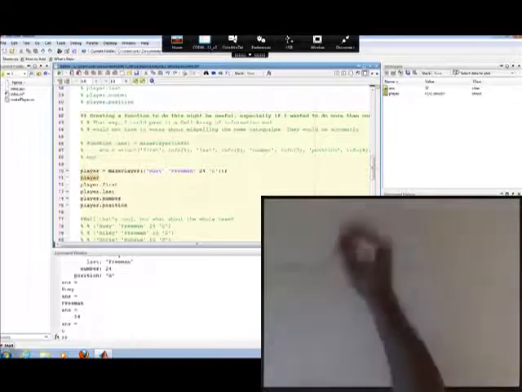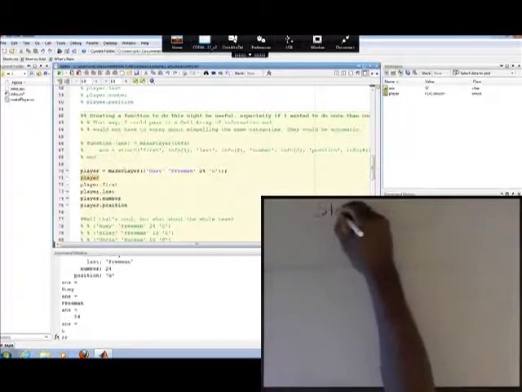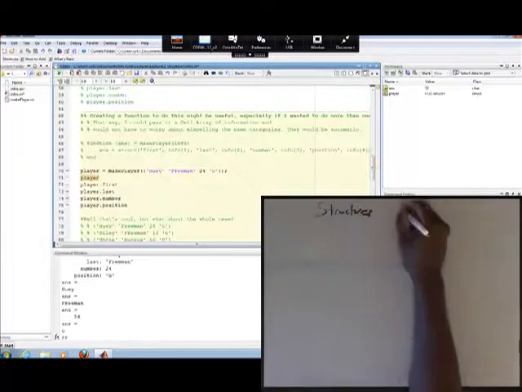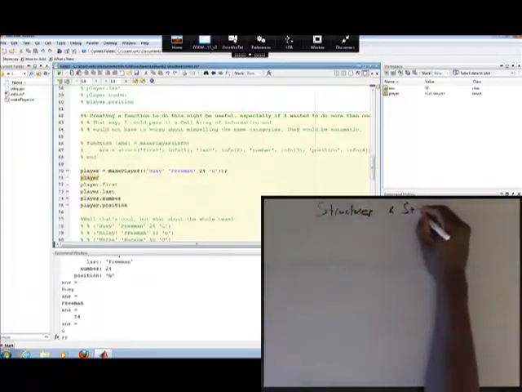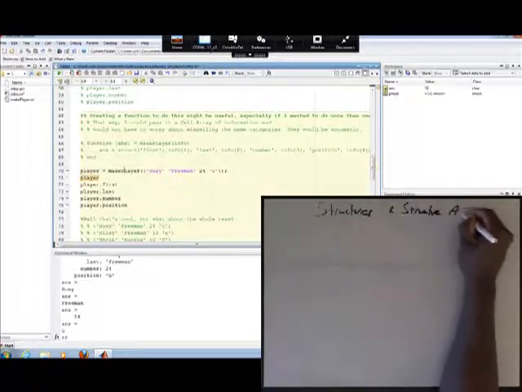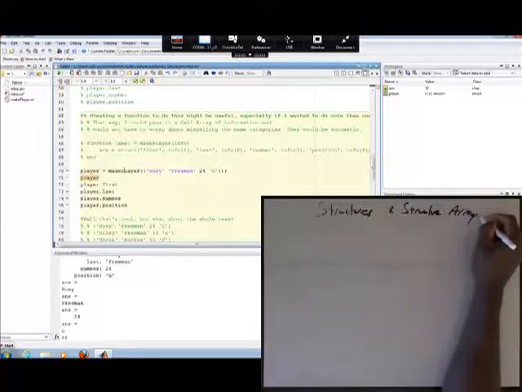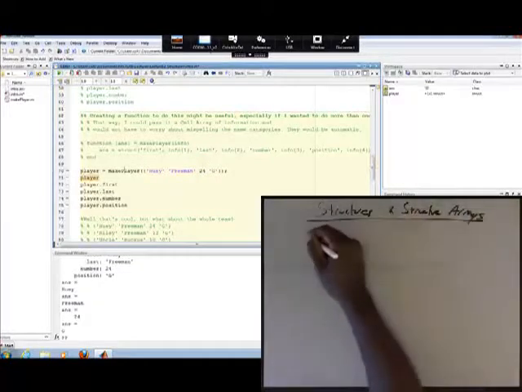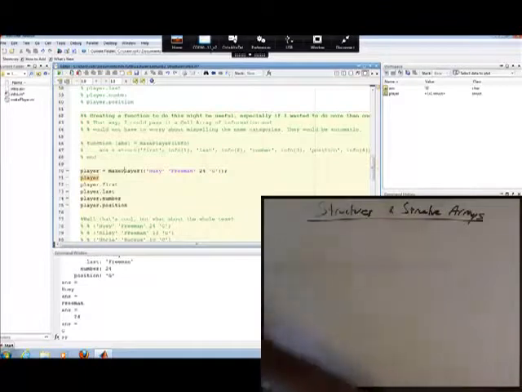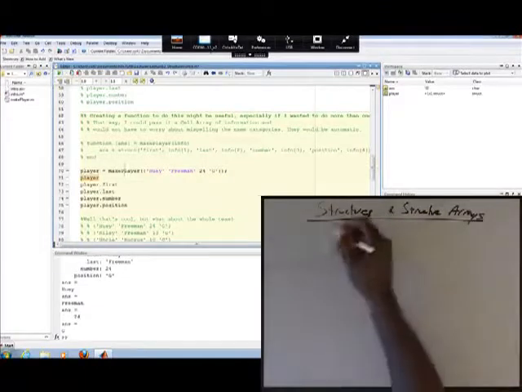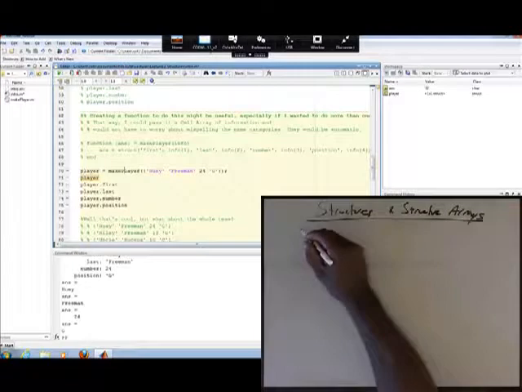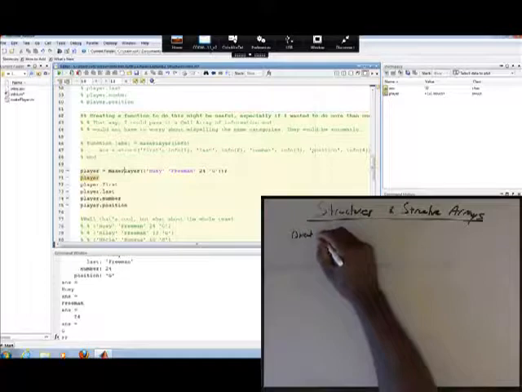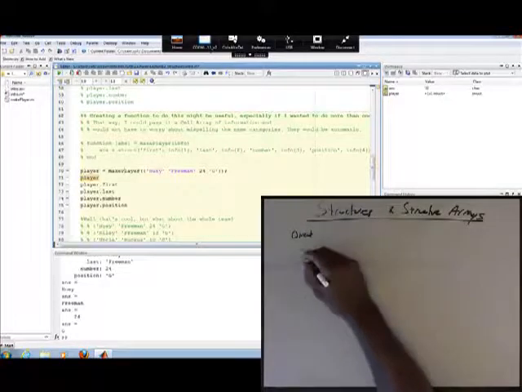So, still on the idea of structures and structure arrays, we've talked about thus far how to create structures by motivating this example with basketball players cards. And so what we've done is we've created a structure with two ways, what I call the direct data entry method, which was creating this variable called player,